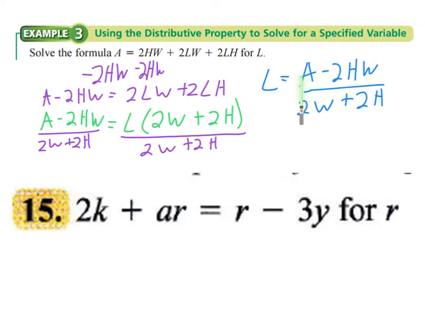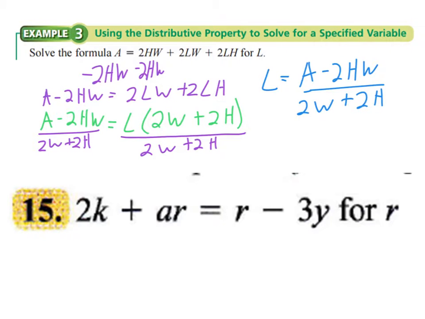Notice in the numerator, the a minus 2hw, there are no common factors we can take out there. In the denominator, sure, we could take out a 2, but since there are no factors of 2 in the numerator that we can take out, there's no sense in really doing that. The thing that I want to emphasize is a lot of times students will think that, oh hey, I've got a w here and a w up here and we can cross those out. Again, the only time we can do that is when what we have on top and bottom are factors for